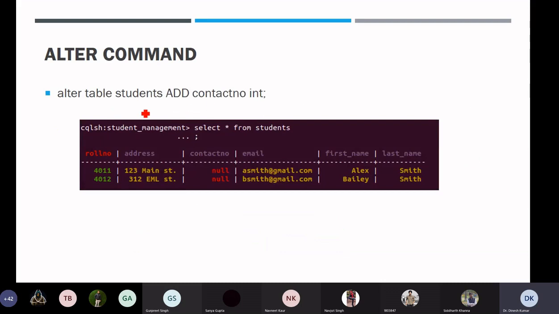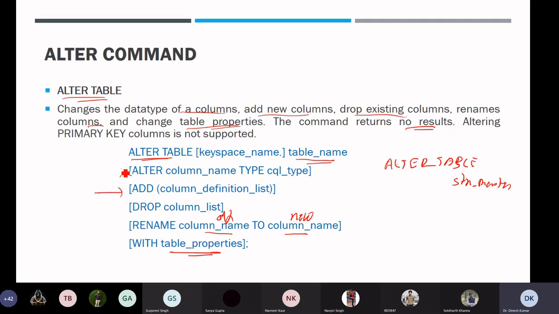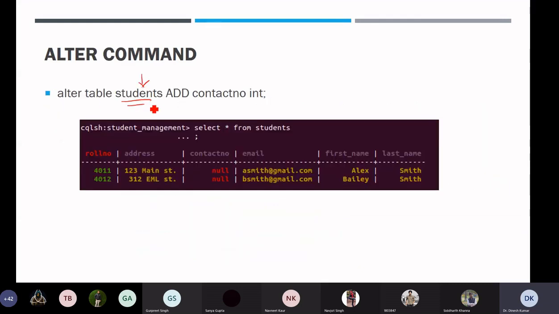Here I have changed this students table. So I have typed alter table students, then I have used this particular option of the alter table command, which is add. So alter table students add contact number.